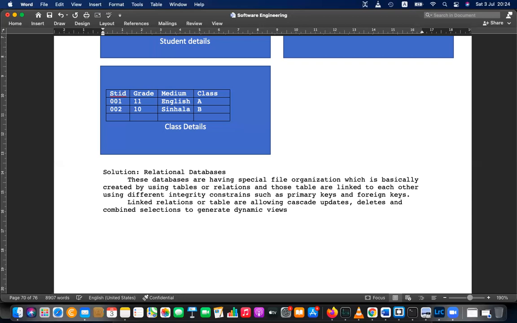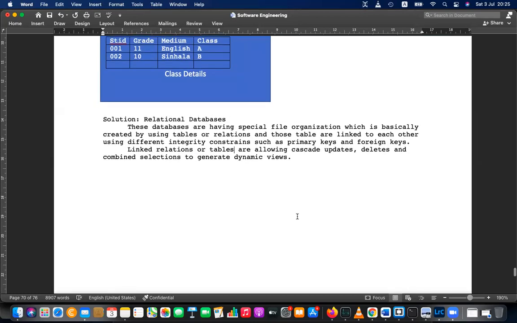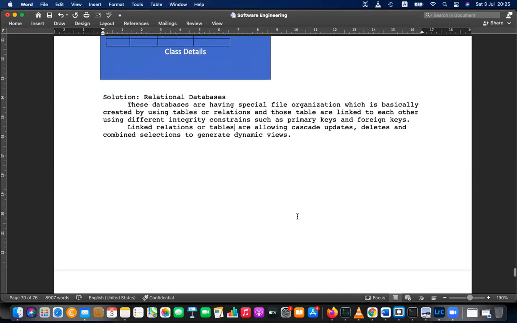So these terms are technological, but don't think much. Linked relations or tables are allowing cascade updates and deletes, and combined selections to generate dynamic views. What is this? So all are like Greek. The Greek is linked relations.